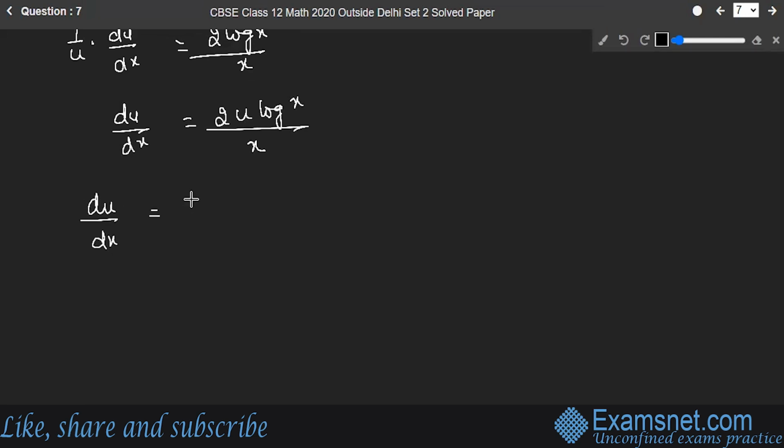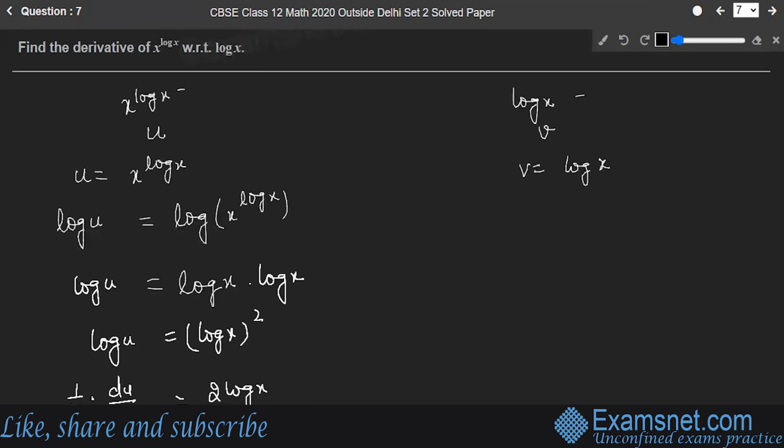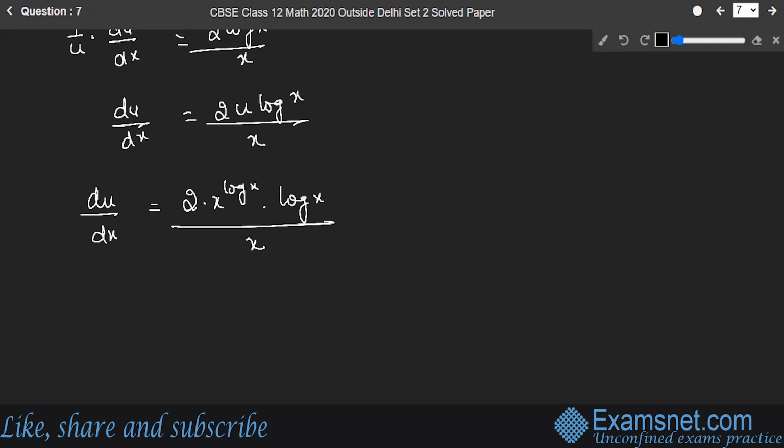So du upon dx can be written as 2 into x raised to power log of x into log of x whole divided by x. Now I'll get back to our v. Dv by dx is simply 1 by x, nothing else. That's it. So now you have to find out, actually what you need to find out was